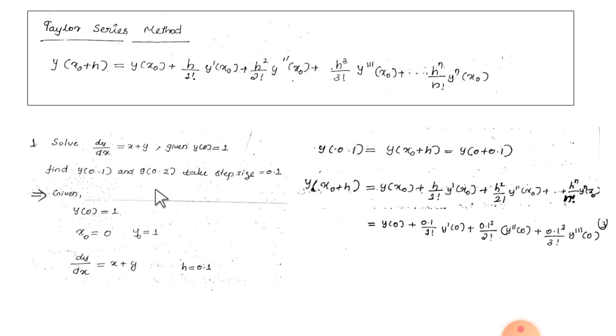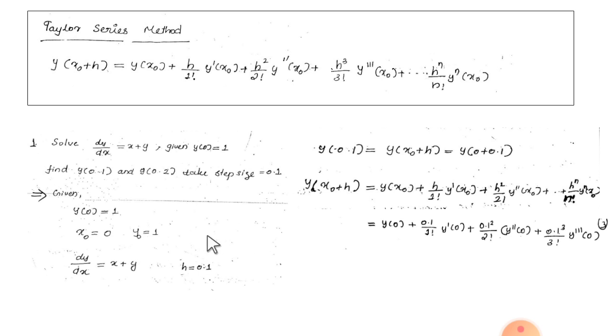So let's start. Okay, so first write what was all given in the question. The question y of 0 is equal to 1 is given, is it? So write it there. y of 0 is equal to 1. It means x0 is equal to 0 and y0 equal to 1. That is y0 equal to 1 and x0 will be equal to 0. So you have to write it here. Then what is given? dy by dx is given, is it? So write down here that dy by dx equal to x plus y, and step size is given as h is equal to 0.1.